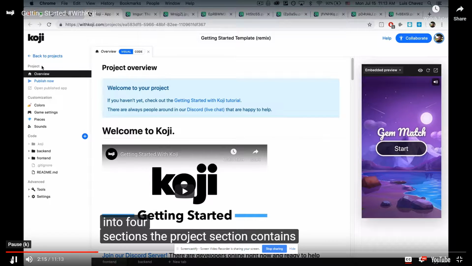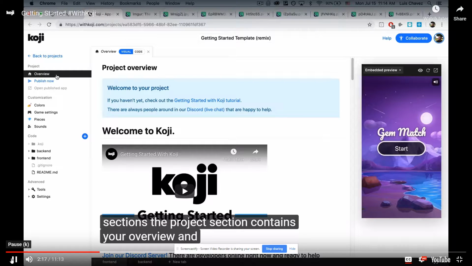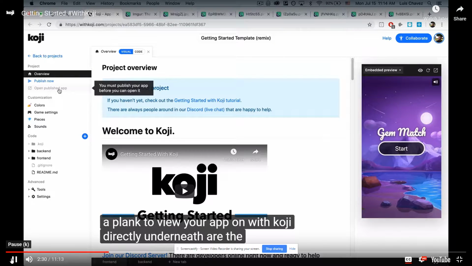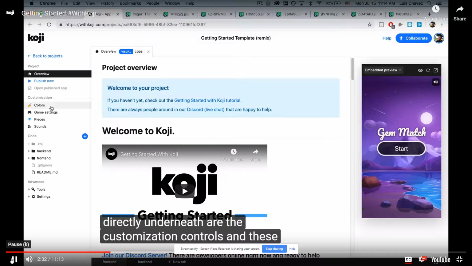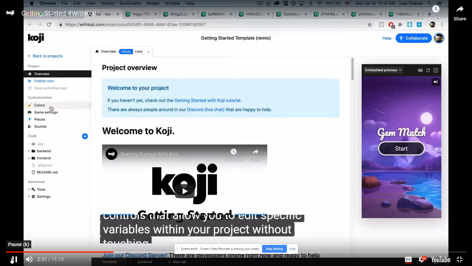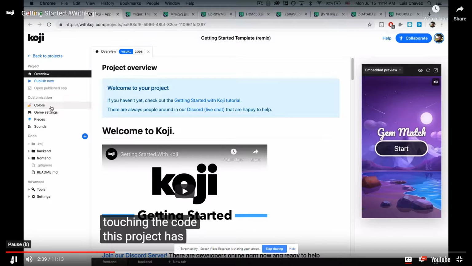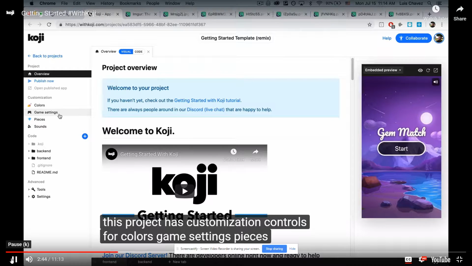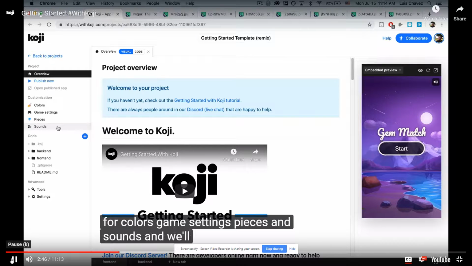The project section contains your overview and an area to publish your project to the web. Once your project is published to the web, you'll be able to click on this Open Published App link to view your app on With Koji. Directly underneath are the customization controls, and these are controls that allow you to edit specific variables within your project without touching the code. This project has customization controls for colors, game settings, pieces, and sounds, and we'll visit those